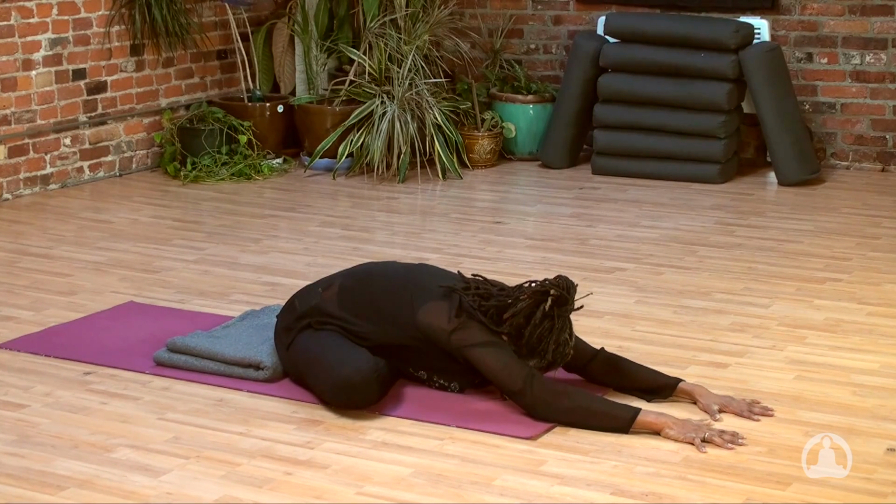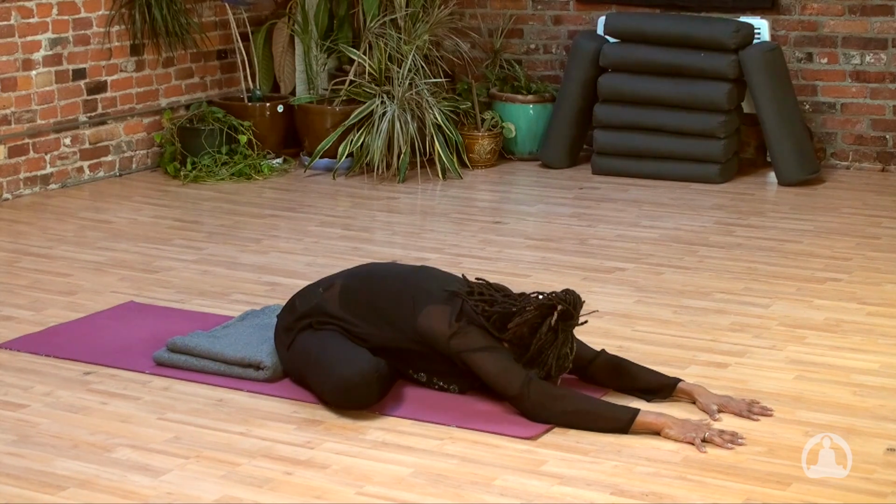And with every inhale, feel that space that gets created. With every inhale, fill the body completely, as much as you possibly can. And then with every exhale, feel that space and the release that comes with it. Take 2 more breaths here. Fill the back, fill the shoulders,